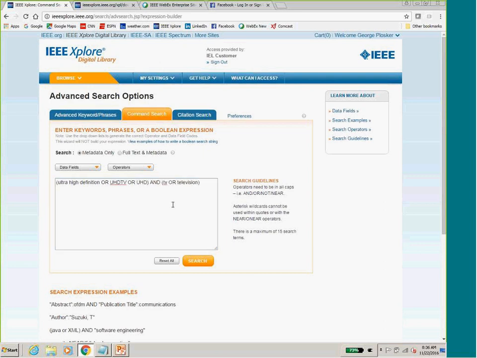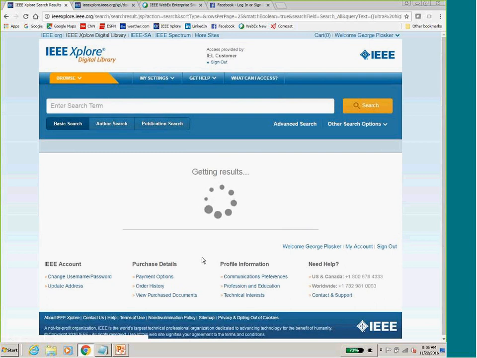Is not required. I'm just doing it to make it easier to read. So in other words, it's going to capture ultra-high definition or UHD-TV or UHD, and then going to AND it with TV or television, which would be the second nest, as they call it. And so this would work very, very well